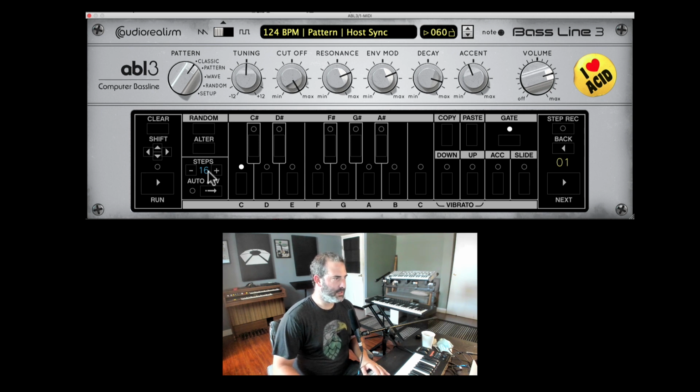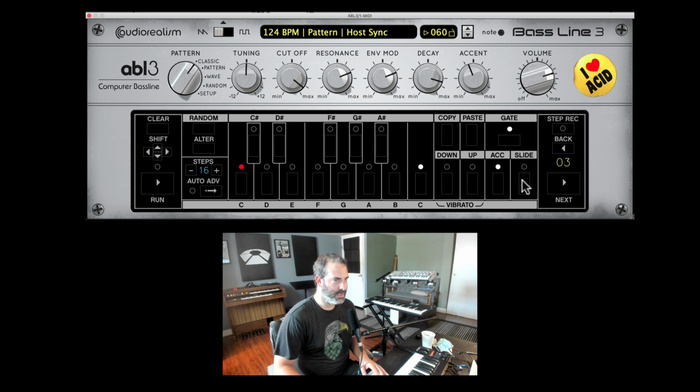And here we can decide how many steps. Right now, let's keep it at 16 steps. Here we can see which step we're on. Let's say we're on step number 1, we can decide the pitch. Let's keep it at C. Let's go to step number 2, we'll put G. Now if we play the pattern, we can hear that the second note is repitched. Then we can continue, and let's say this one, let's put an octave higher,